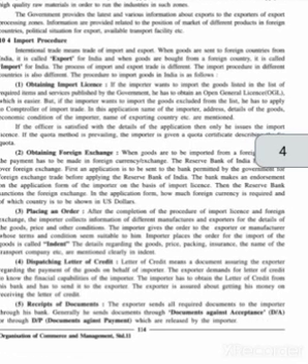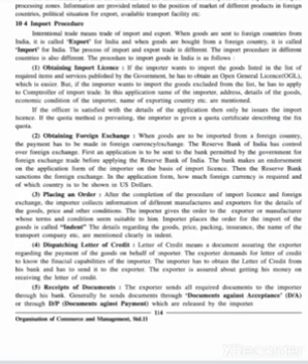Now the next point is obtaining foreign exchange. When goods are to be imported from a foreign country, the payment has to be made in foreign currency or exchange. The Reserve Bank of India has control over foreign exchange. First, an application is to be sent to the bank permitted by the government for foreign exchange trade before applying to the Reserve Bank of India. The bank makes an endorsement on the application form of the importer on the basis of the import license. Then the Reserve Bank sanctions the foreign exchange; in the application form, how much foreign currency is required and of which country is to be shown in US dollars.